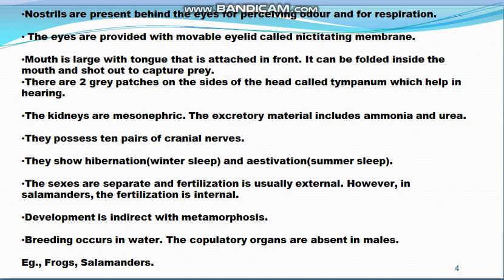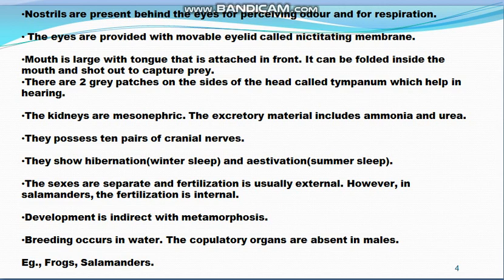So amphibians also have a pair of nostrils, and the nostrils are present behind the eyes. And what is the function of the nostrils? Nostrils are for perceiving odor, that is smell, and they are also used for respiration when the animal